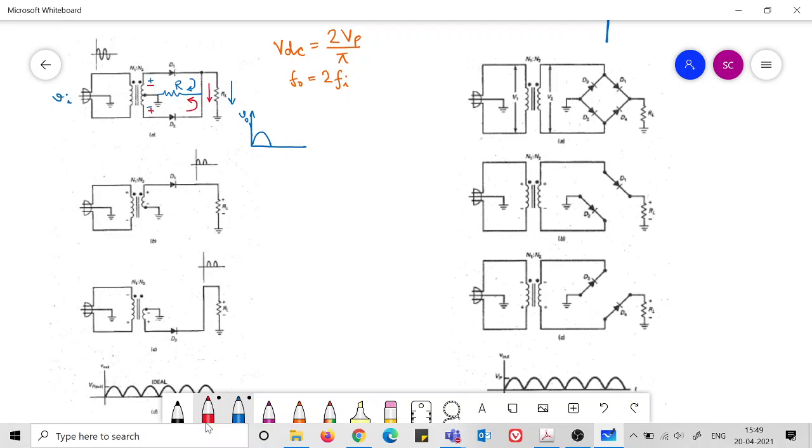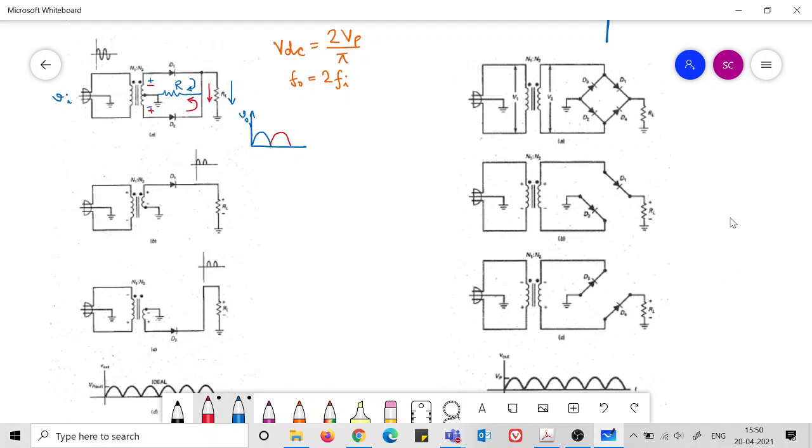So in the negative half cycle also, the direction of current flow through the resistance remains the same, and hence we get the same half cycle in the output in the same direction. So in this way, the total analysis of the rectifier using a center tapped transformer can be done. Of course, this repeats in the other cycles also. So you can understand how this is happening.